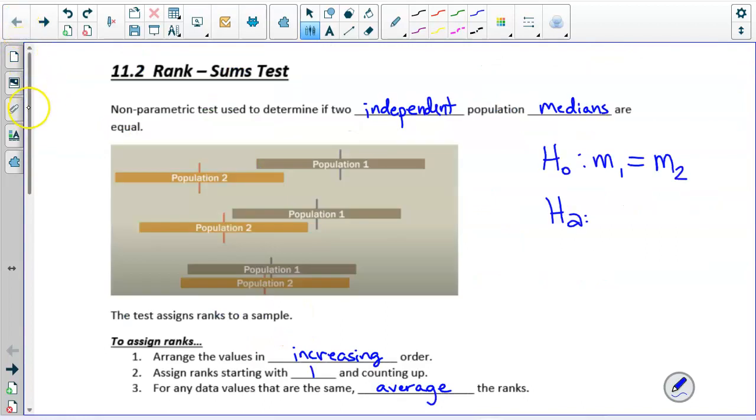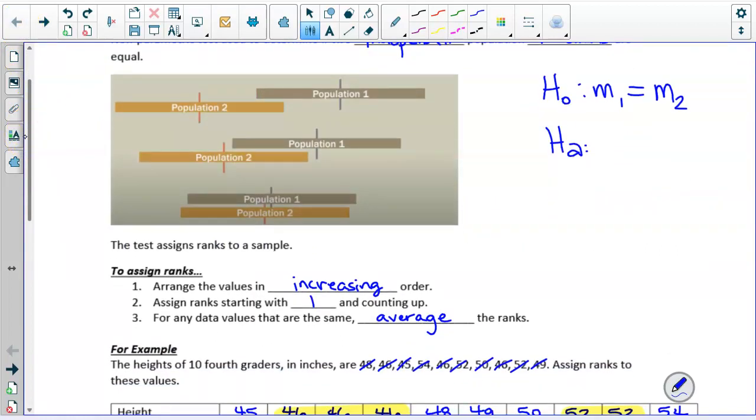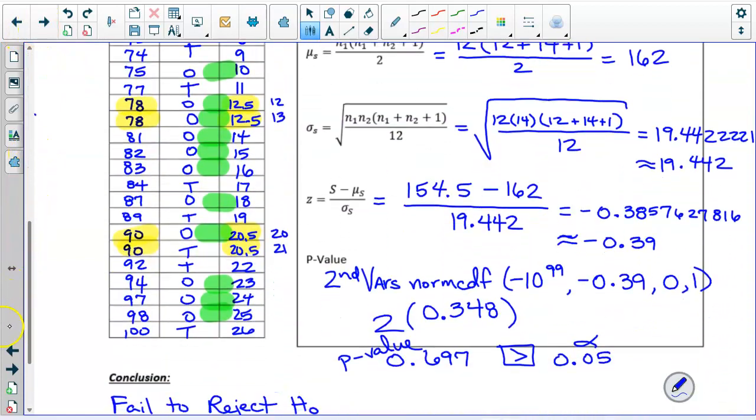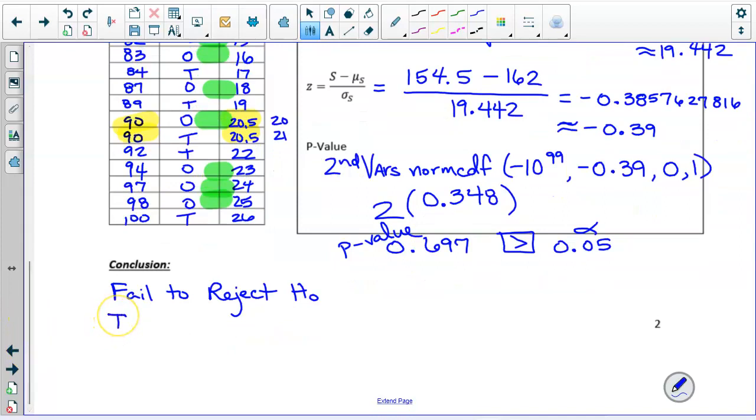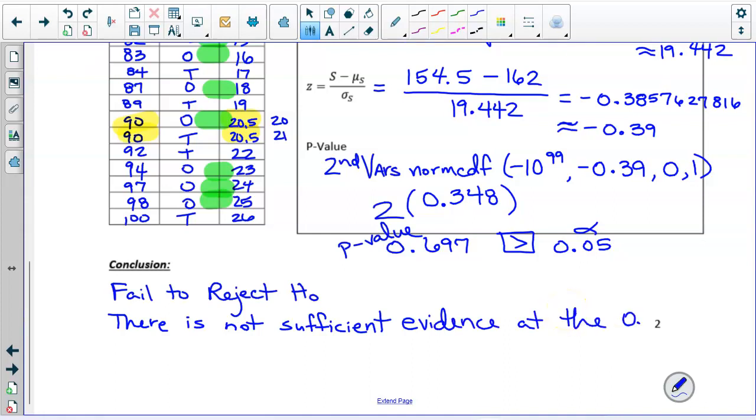So which of these pictures then would probably be the representation of this scenario? The last one. Yeah. Very good. Okay. So fail to reject the null, which means there is not sufficient evidence at the 0.05 level of significance to conclude